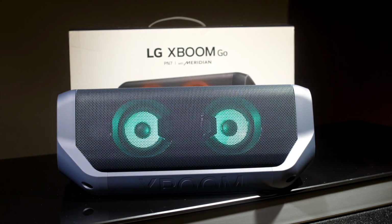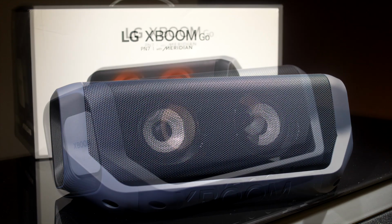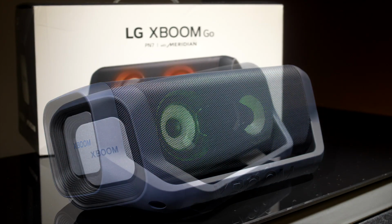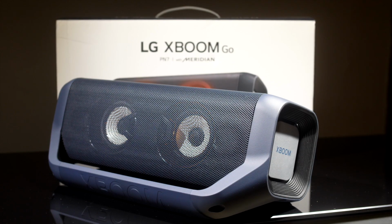Plus, if you own a 2020 LG TV, you could use two of the same model as surround channels. The PN7 costs around £119 at the time of this video in November 2020 and is available exclusively at Curry's PC World. The PN7 Go has a strangely angular shape that's dominated by the handle along the front bottom